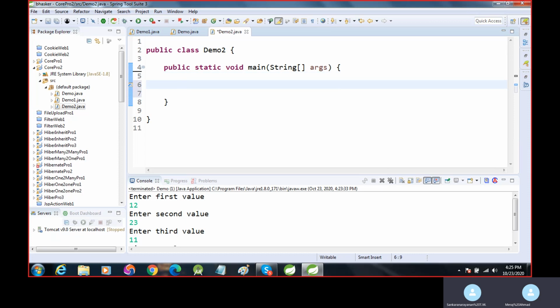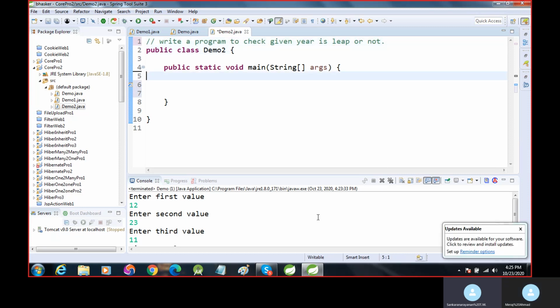Write a program to check whether the given year is leap or not. I want to check whether the given year is leap or not.